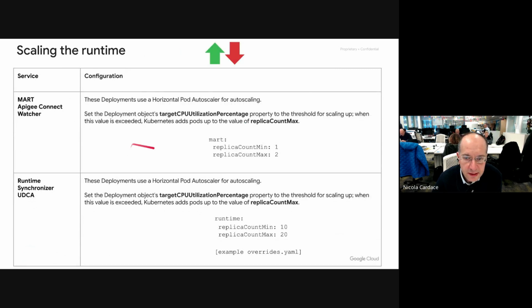So how you scale the runtime, you can change the configuration from minimum to maximum. This is for the runtime, and maybe works for other components inside the cluster. How does it work? You change the overrides and apply the change. If I want to move from 10 to 15 minimum pods for the runtime, I edit the file, I put 15, I apply it. Then Kubernetes will create 5 new replicas for the pod. The same for the message processors.